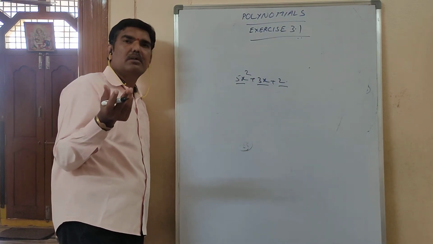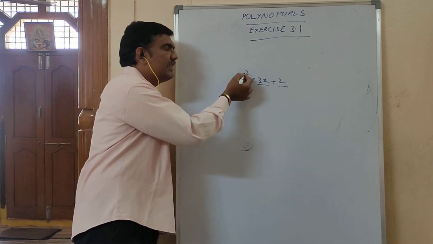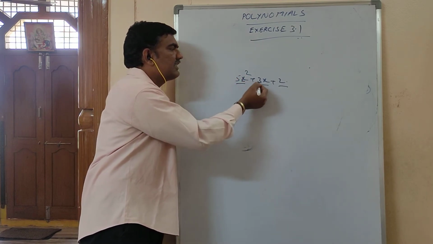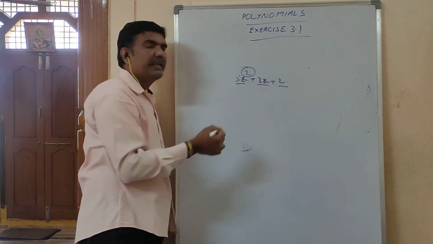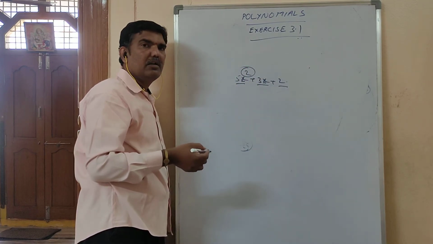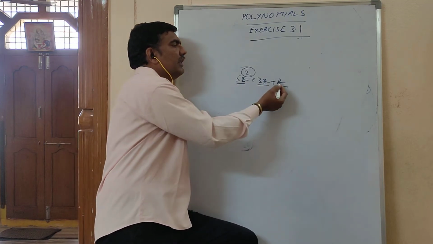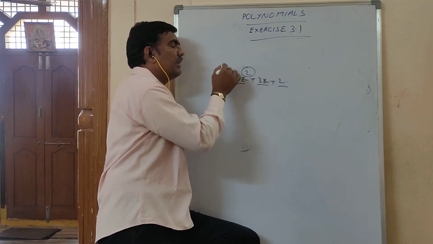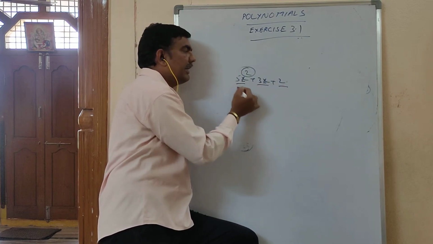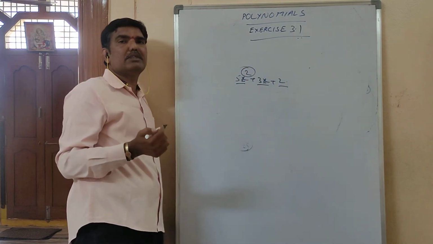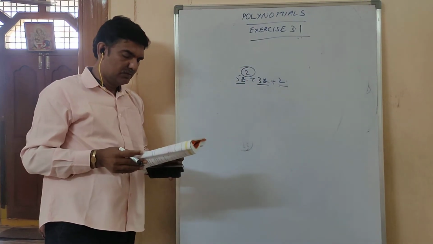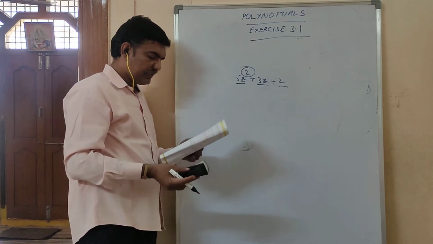So it is wrong, because what is degree? I said the highest power of the variable is called degree. The degree is 2 here. But according to the question, if you say 3 terms are there, one more than 3 means 4. The degree of this polynomial would be 4, you would have to say. It is wrong, no? Like that. Next, third question.